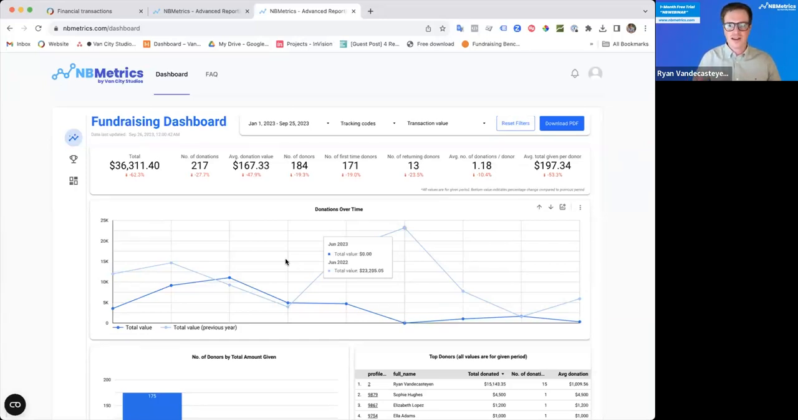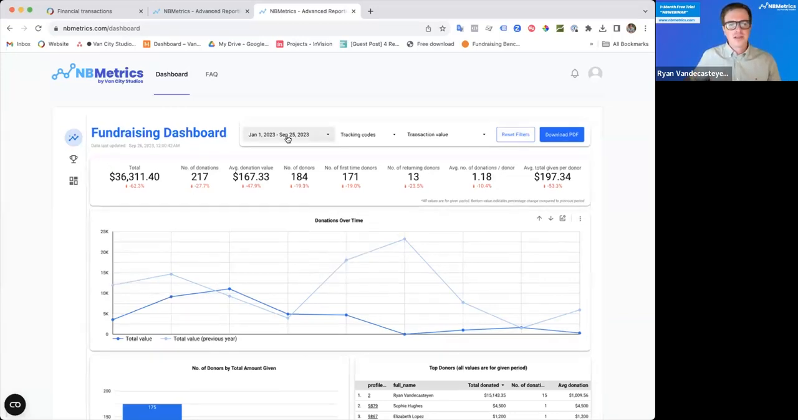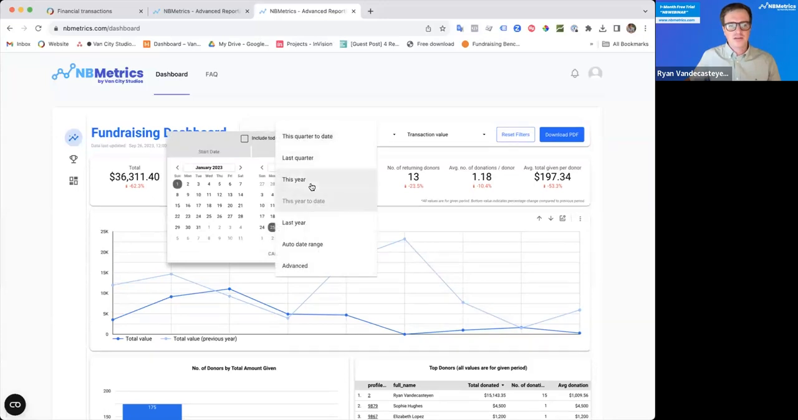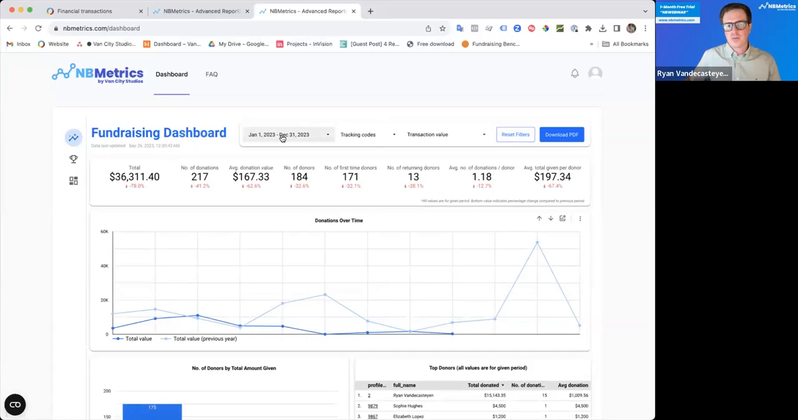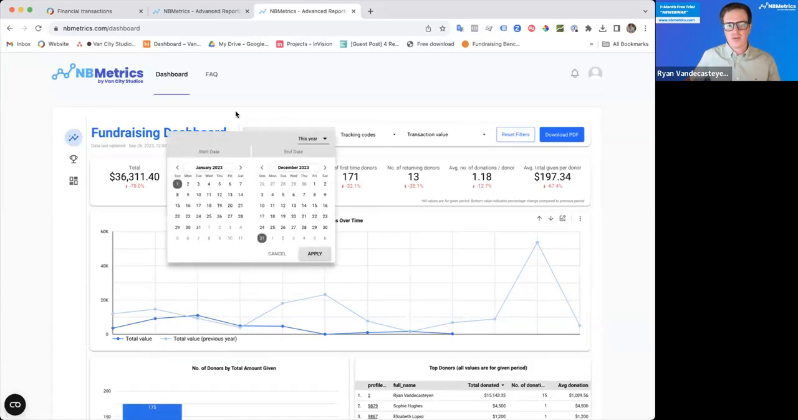It's not real financial information, but it gives you an idea of the types of valuable insights you might be able to unlock by using NBMetrics. So that's just one example. I'm going to flip this back to looking at the entire year here. Of course, you can customize your reports by adjusting any time frame that you might want to be